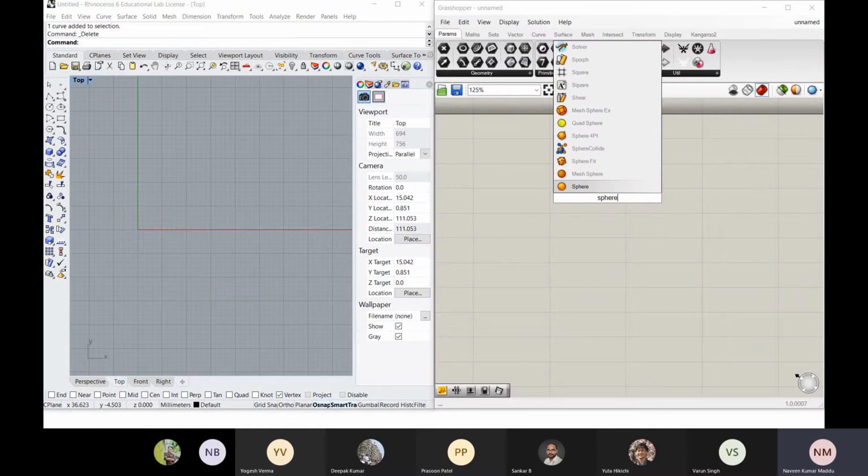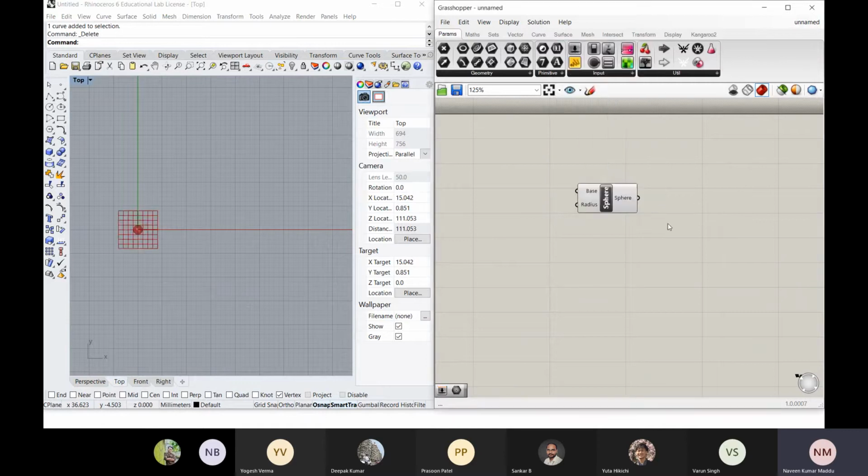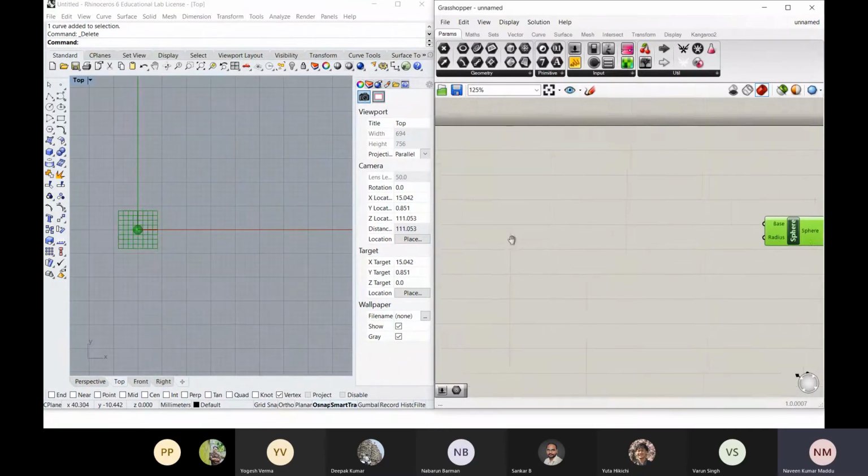Let's see what it is asking. What is the input it is asking? So it is asking a base and a radius. Okay. Let me keep this aside.